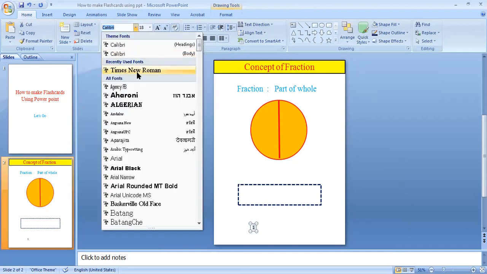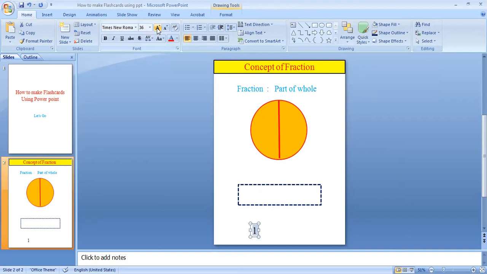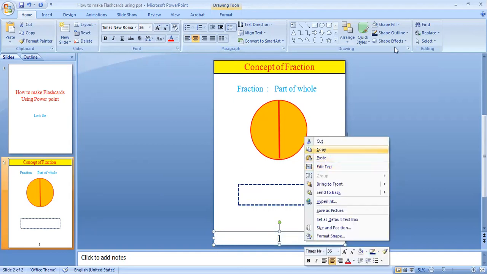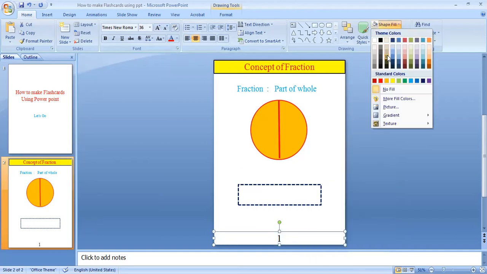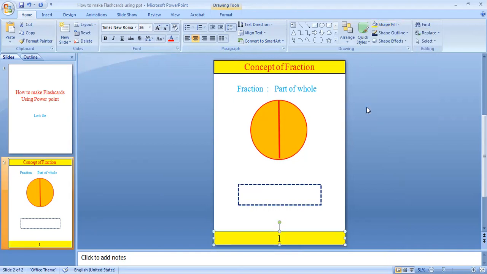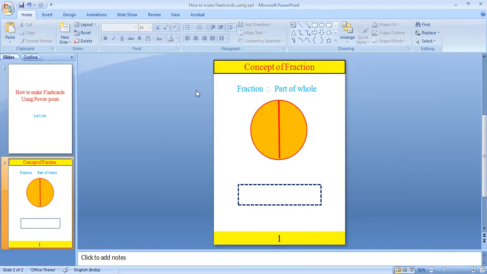Select them and change the color, and also I stretch them to the end of this card, and I put the one at the center, so I select them, and I get it at the center. I also change the background also. For example, here I select one, so you can easily make it.